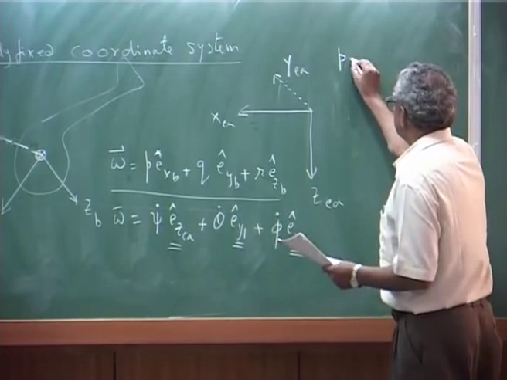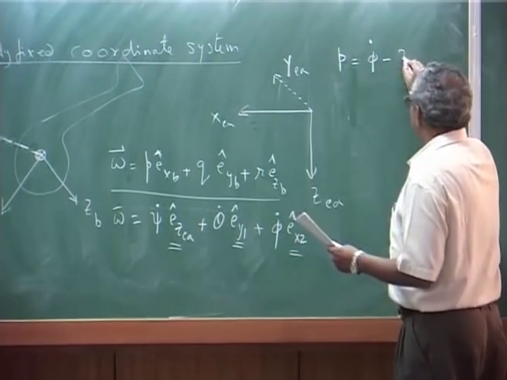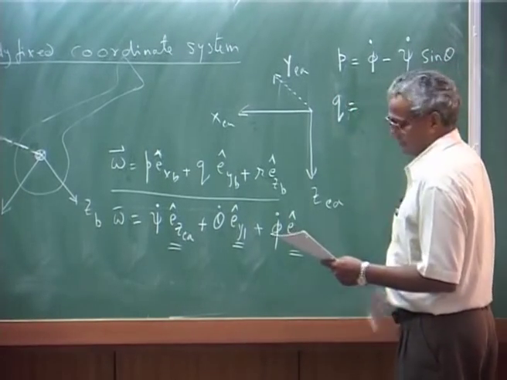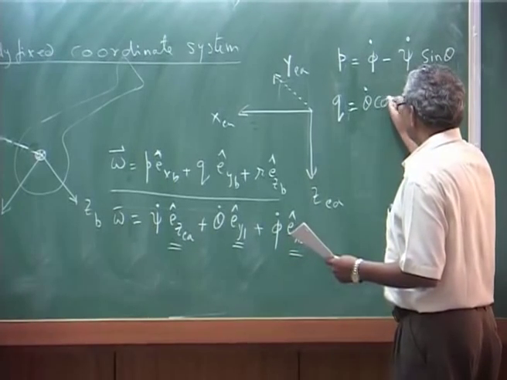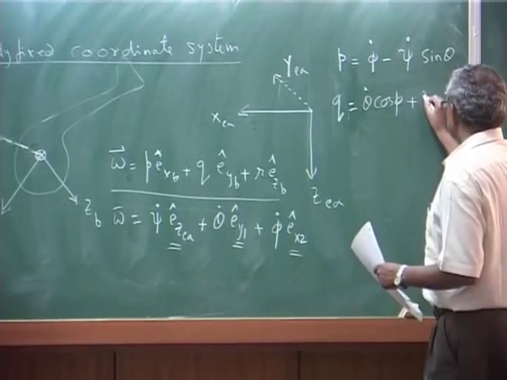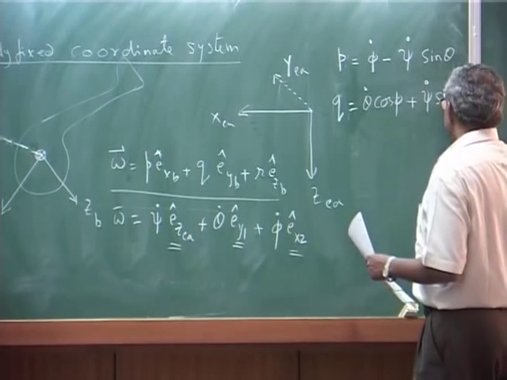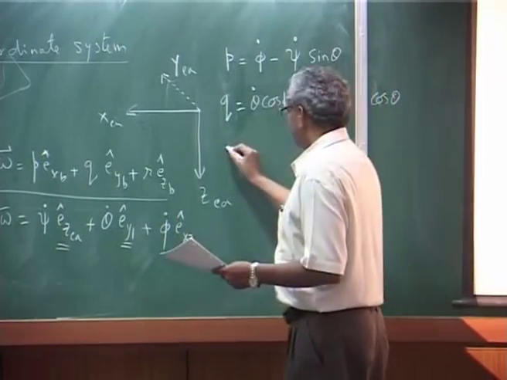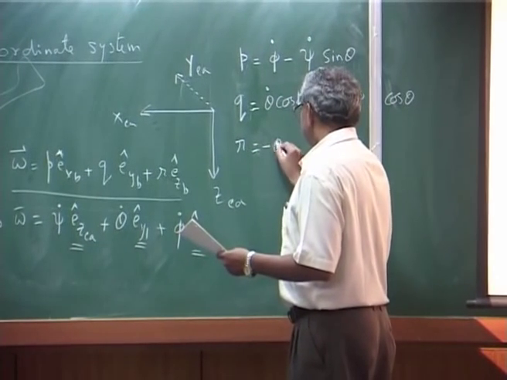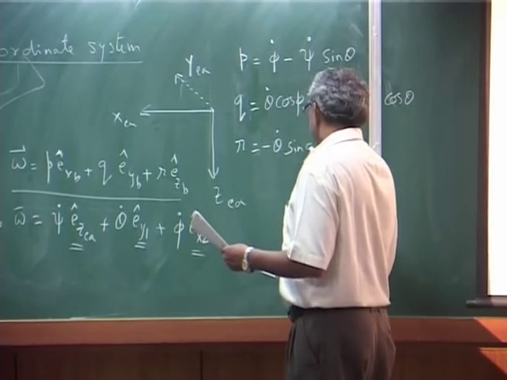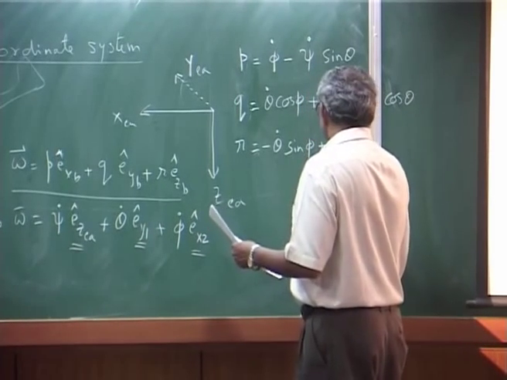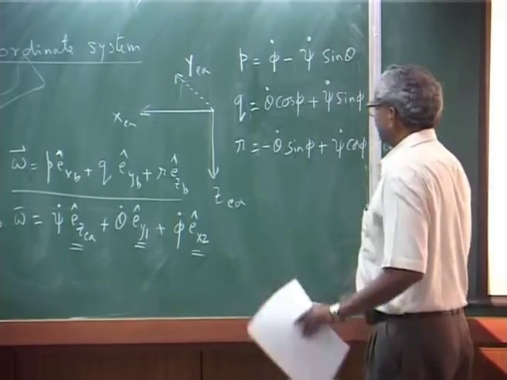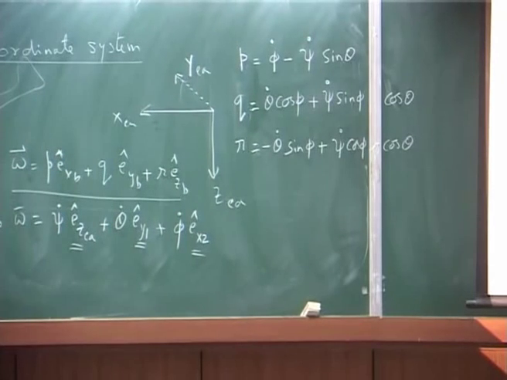You will get P equals phi dot minus psi dot sin theta, and Q equals theta dot cosine phi plus psi dot sin phi cosine theta, and then R is minus theta dot sin phi plus psi dot cosine phi cosine theta. So, this is the relationship between